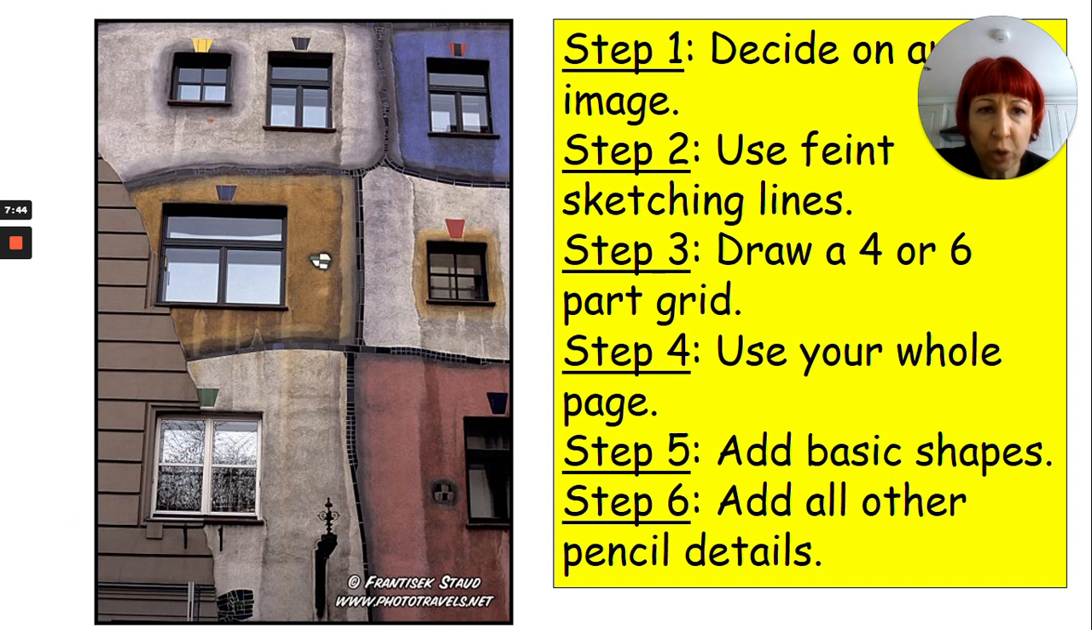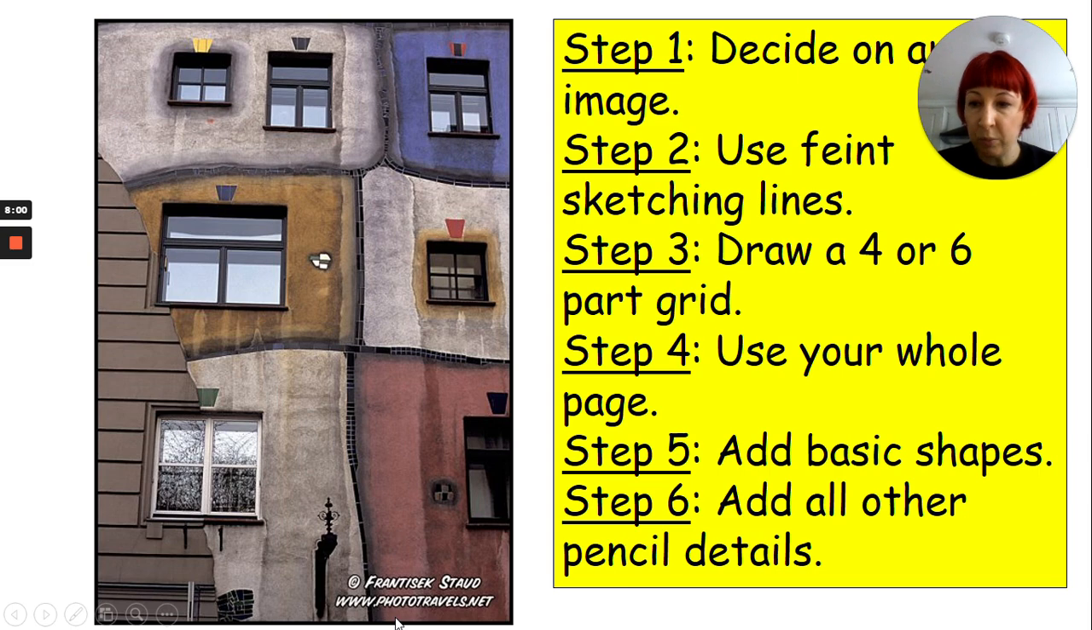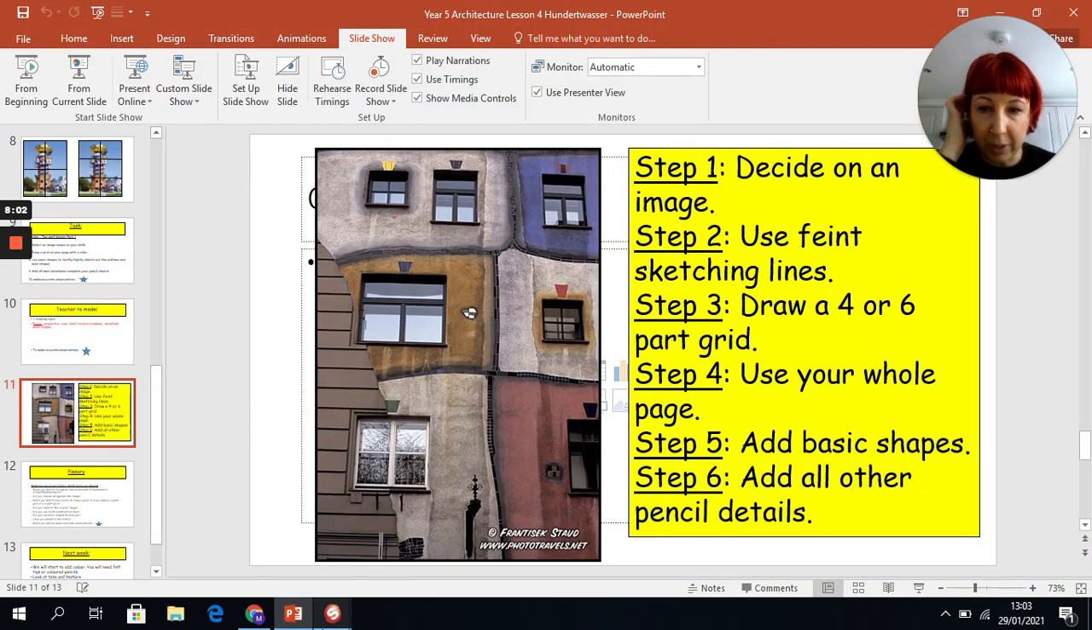So now I'm going to model those steps to you. Decided on my image. Using faint construction lines, I'm going to draw a 6-part grid. I'm going to use my whole page, and I'm going to model how I'm going to draw that image for you today. So we're going to now swap over, this is always a little bit tricky,